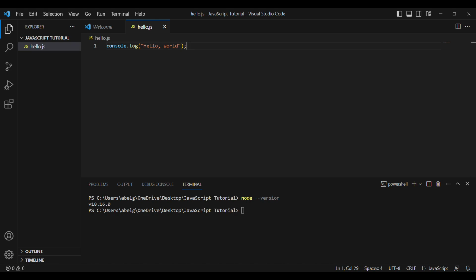Now, in order to run our hello.js file, we're going to go to the terminal and we're going to put in, first we're going to put in node space, then we're going to put in the name of our file, which is hello.js. Then we're going to press enter. And as you can see, hello world has been printed out to the terminal. So this is how you get started with